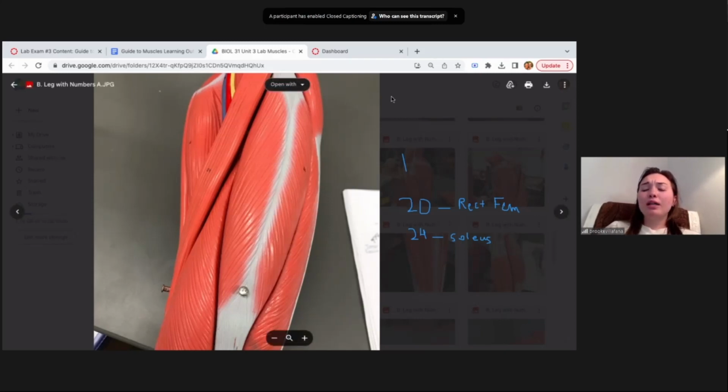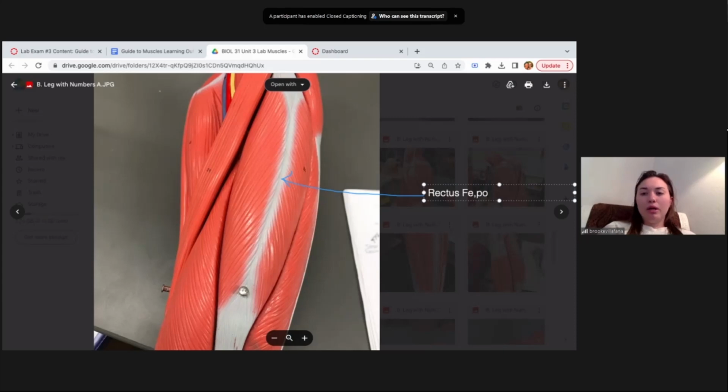These are a lot easier to study than the bones because of that, right? The bones are actually a lot more challenging because on the bones, there are no numbers. So you have to memorize all those little bumps, versus on this exam, you have those numbers to practice with. So for labeling this picture, like I said,